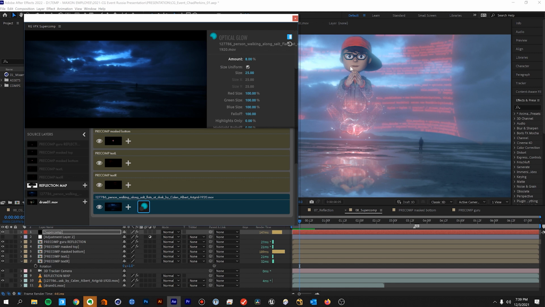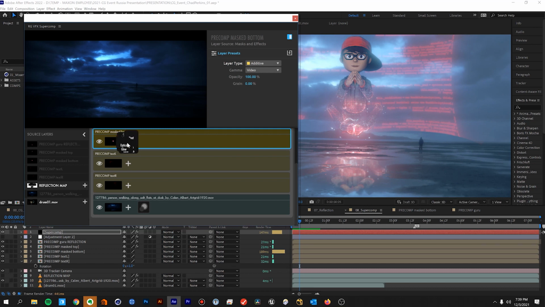Because with optics, when you're actually filming with the camera, if there was a bright background, that light would bounce into the lens and create this bloom in front of, it would seem to be in front of, whatever you are filming. But After Effects can't do that by itself. It can't jump the layer order to apply a glow. But we can do this here, and we have this glow on the side of our kid's head, which is really cool. Likewise, we could also go into our masked bottom,